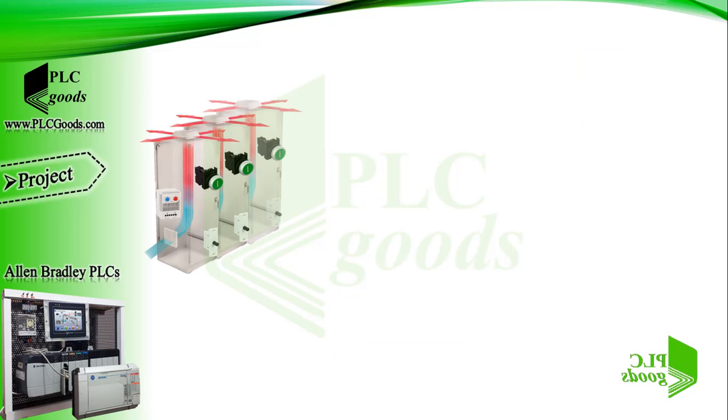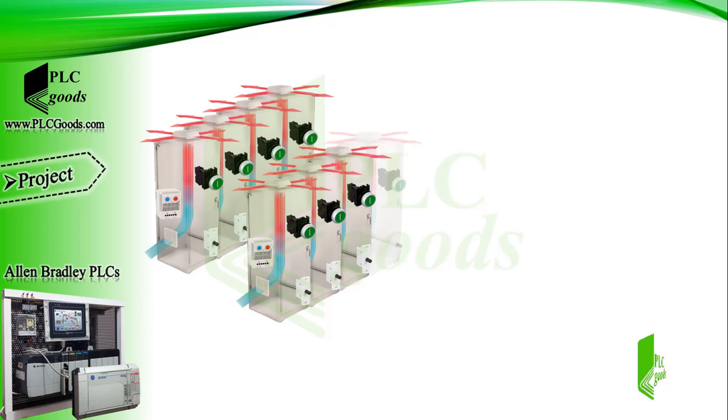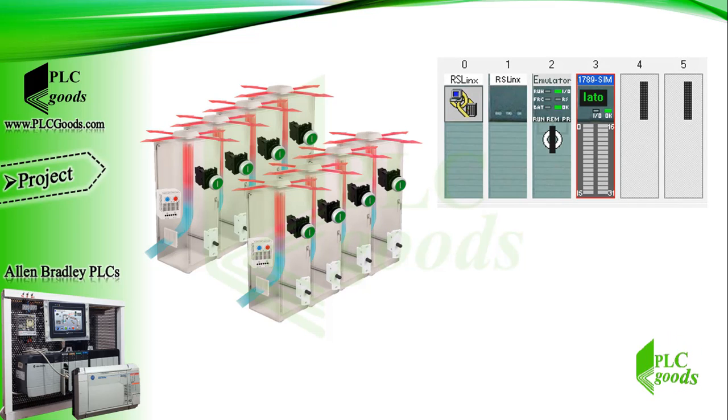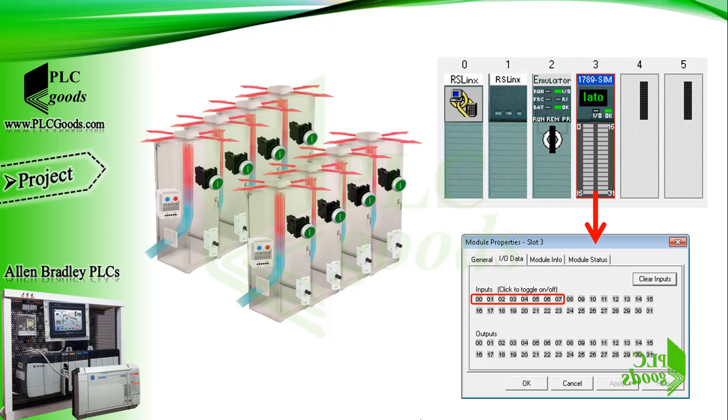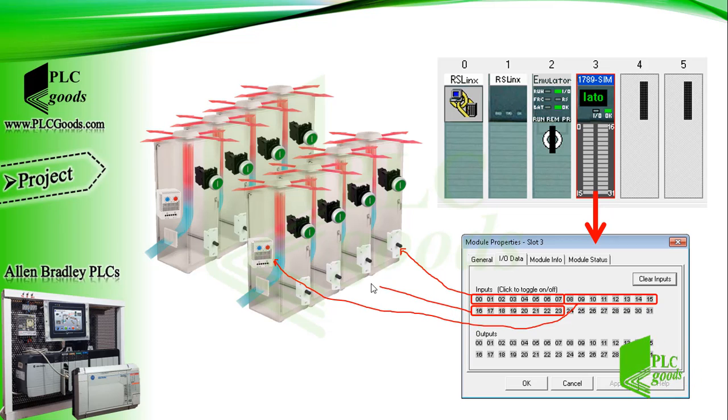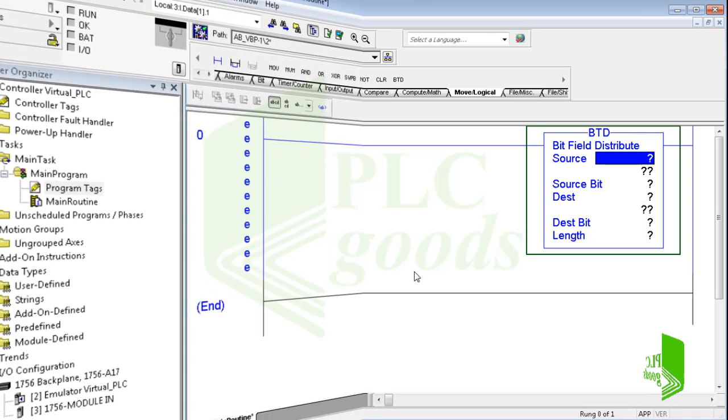Now, suppose there are 8 cabinets, and we need to turn on their fans based on the previous program logic. Naturally, 8 digital inputs must be considered for limit switches, temperature sensors, and push buttons. Also 8 digital outputs are needed to turn on 8 fans. Note that the previous program can be repeated 8 times, but let's write the PLC program using move and logical